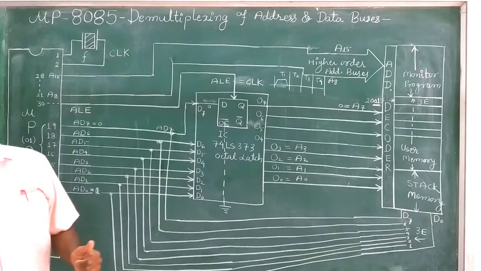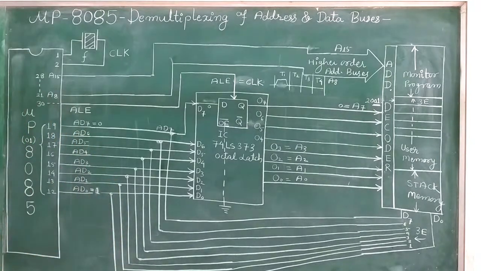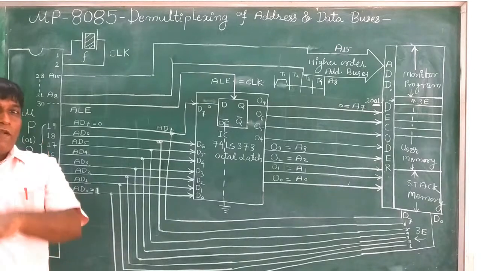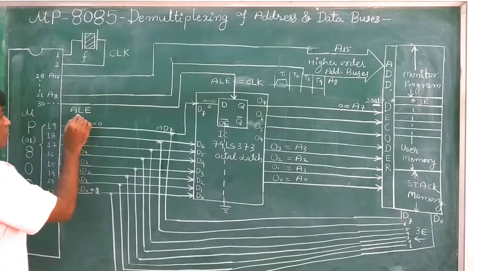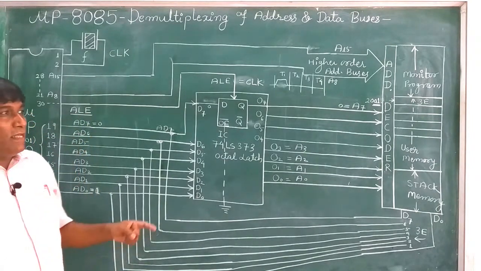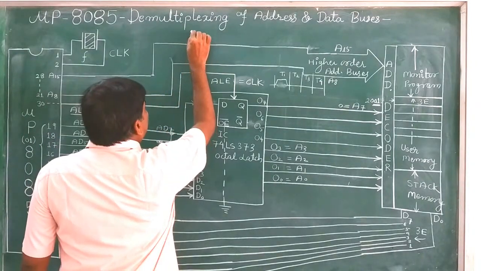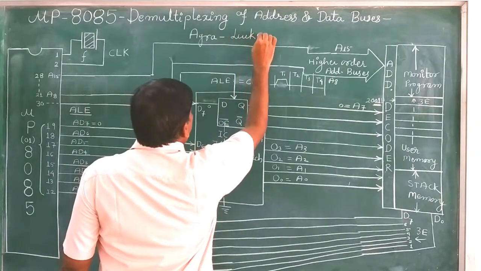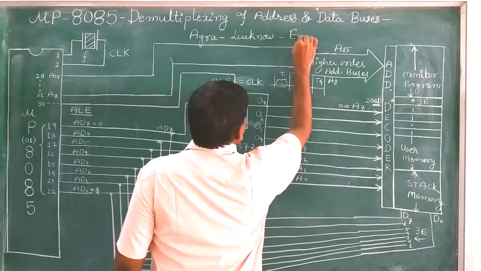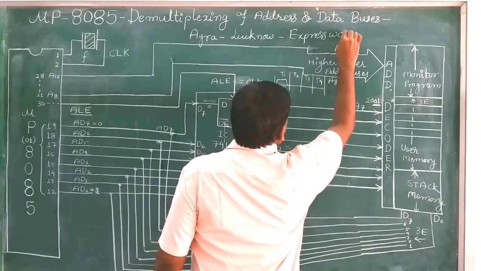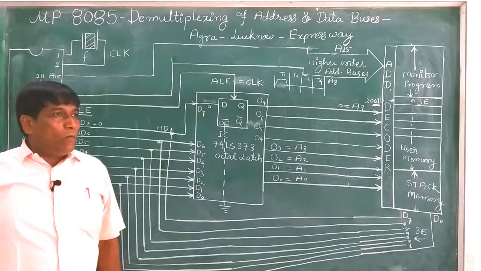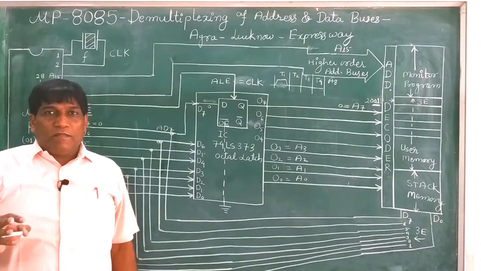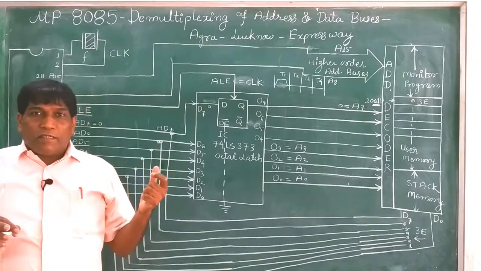And again I am giving you a very important memory point. As I told you, I will give you a very important memory point at the end of the lecture, and really you will enjoy it and you will not forget it. For that, say this ALE signal actually may be related with a very simple thing, that is Agra Lucknow Expressway. Now what is the meaning of Agra Lucknow Expressway? It is related to time sharing of different things. Say before 5 years I gave a suggestion to the